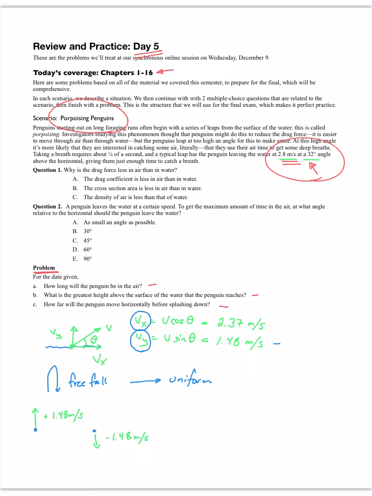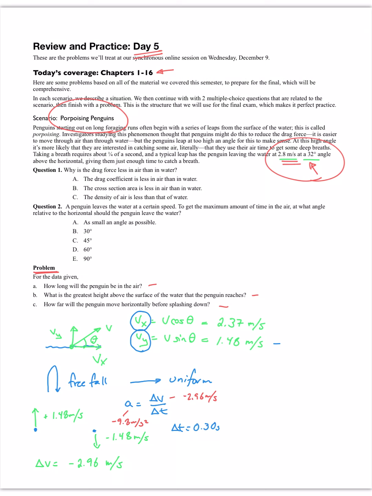The change in velocity between the initial and the final is negative 2.96 meters per second. And with that in hand, we can calculate the time, because remember, this is free fall. For all accelerated motion, the acceleration is equal to the change in velocity divided by the time interval. Well, since this is free fall, the acceleration is negative 9.8 meters per second squared. The change in velocity is negative 2.96 meters per second. I can calculate a time interval. If I do that, I get a time interval of 0.306